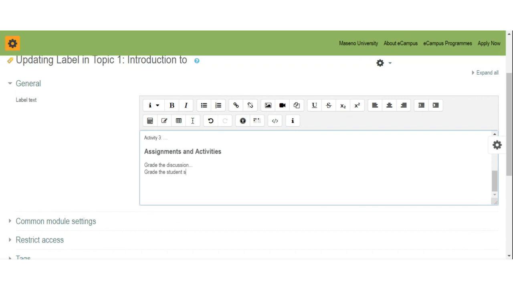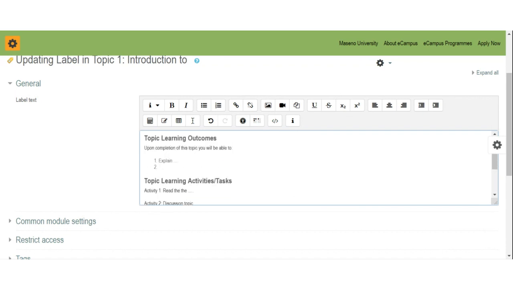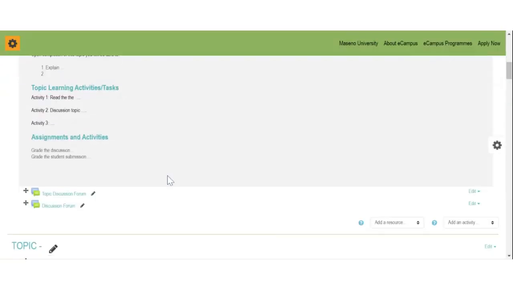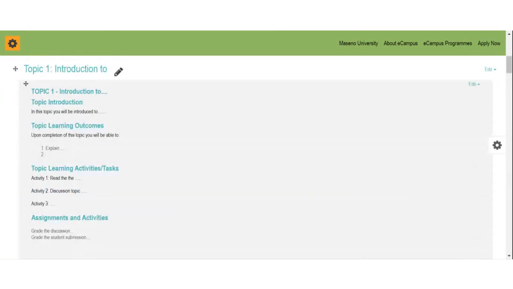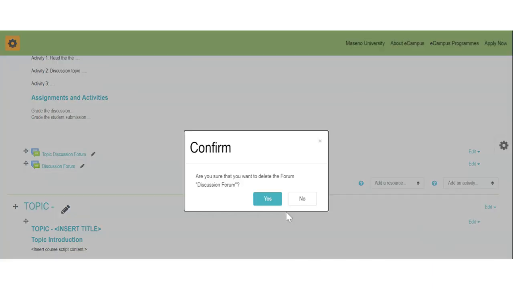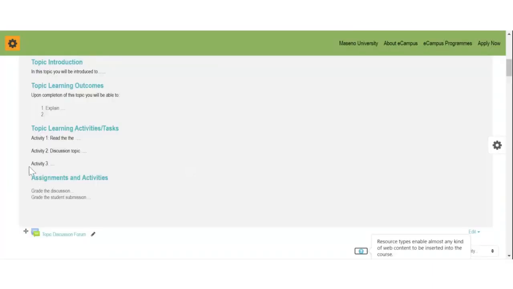The documents that the students are going to submit that you grade. So after you have put in all these instructions for the topic, scroll down and click Save and Return to Course. You can see, so edit this information for each of the topics. Okay. So once you've edited this information for each of your topics, the next activity is to attach